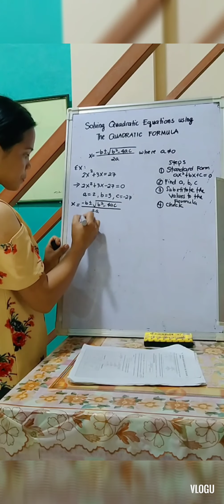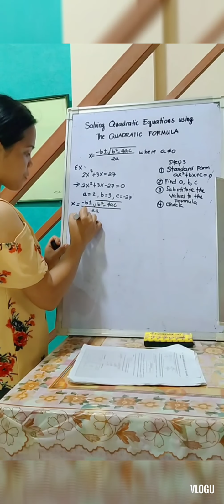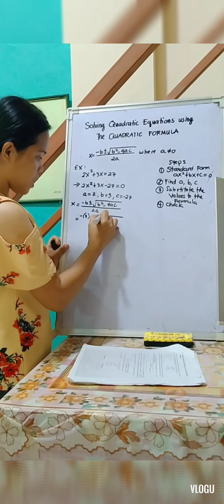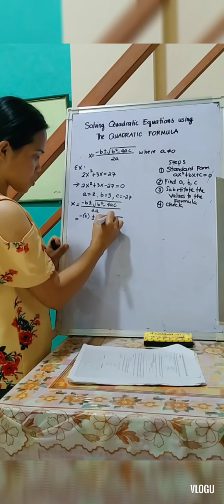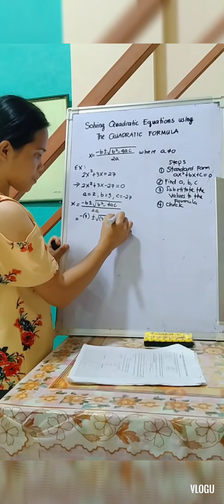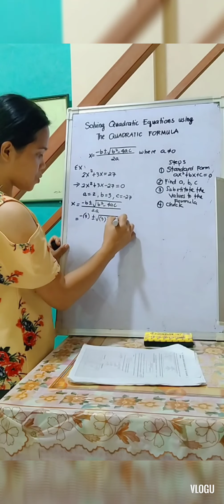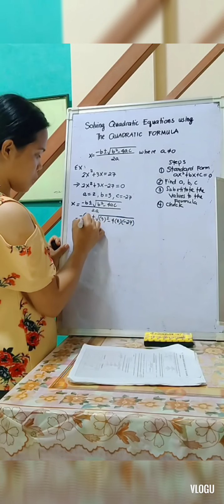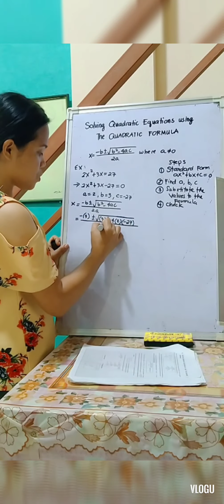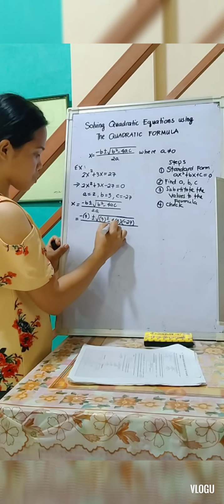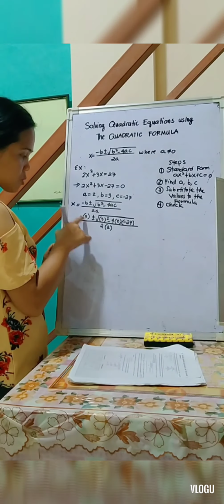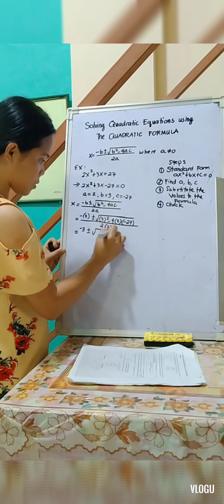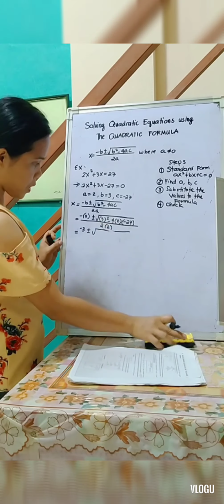So substitute. The value of our b is positive 3. So negative 3 plus minus the square root of our b again is still 3 squared minus 4. The value of our a is 2. And the value of our c is negative 27, divided by 2. And the value of a is 2. So we solve. Negative times positive 3, that's negative 3. Plus minus the square root of